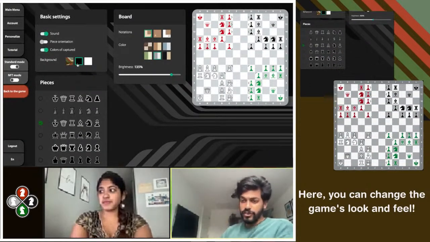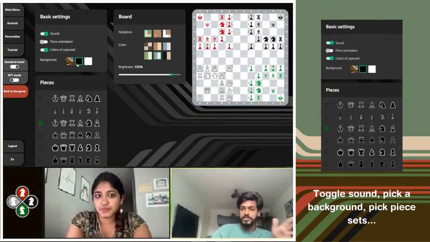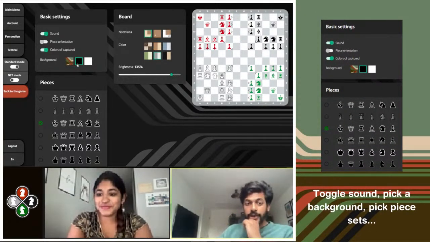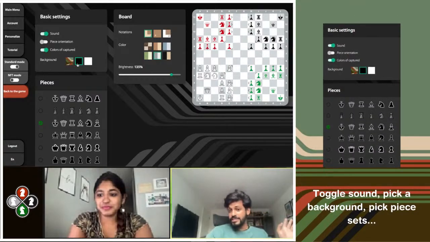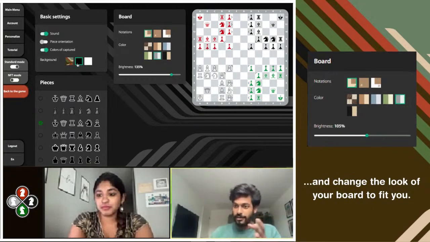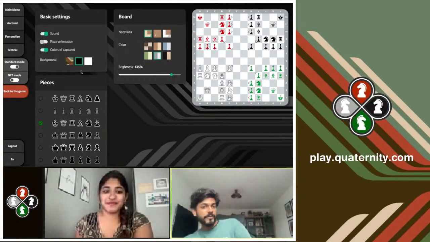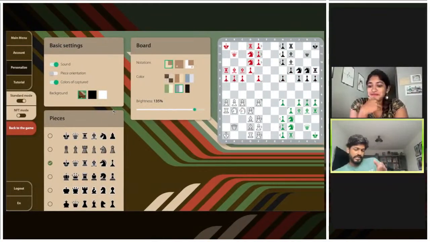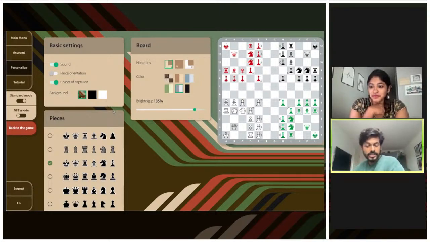You've got the light mode, you've got dark mode, and then you've got our quaternity colors, right? So those are the three right now. This is completely up to each individual. I think the only thing that remains constant are the racing stripes that are emblematic of quaternity right now. I personally use the colors a lot because I like the colors, but I know people who like whatever. And here you can definitely expect that in time we're going to have a bunch more options that allow you to make it really look like something that you're comfortable in.